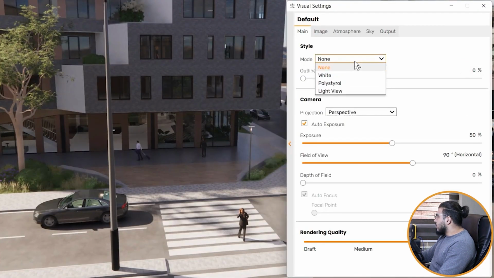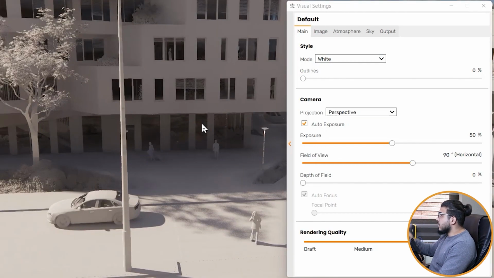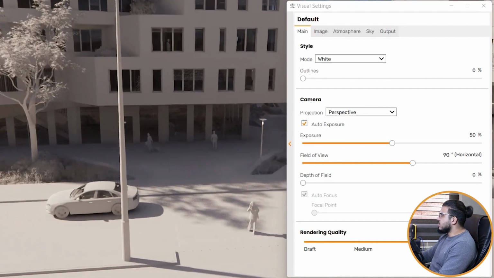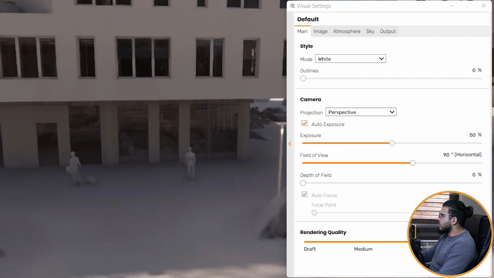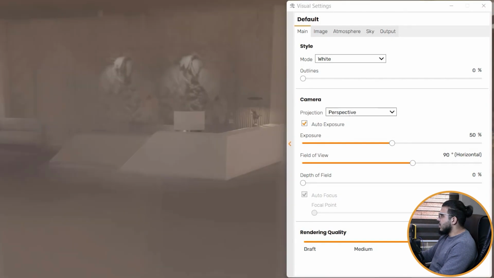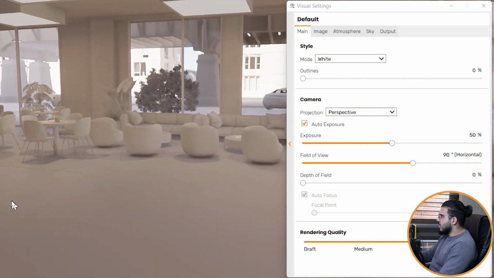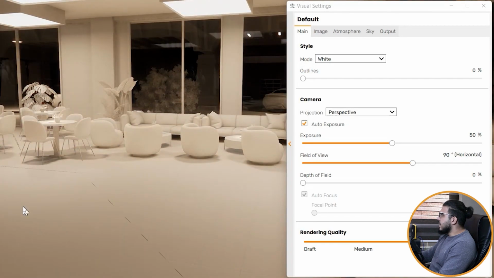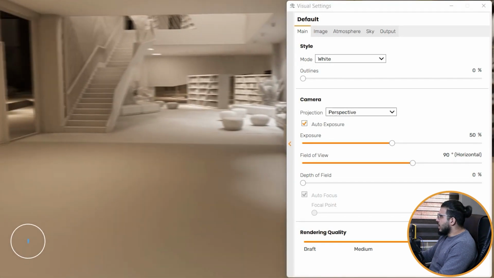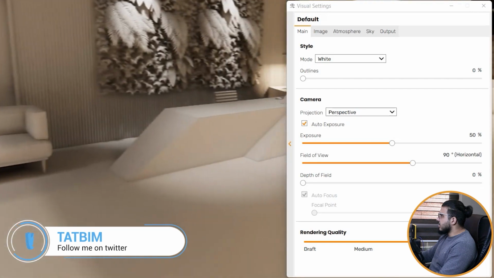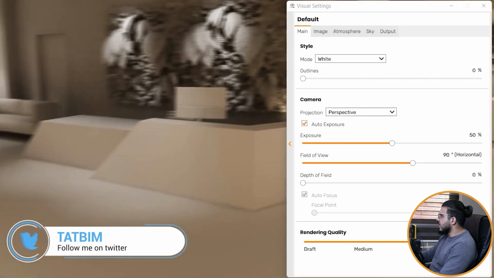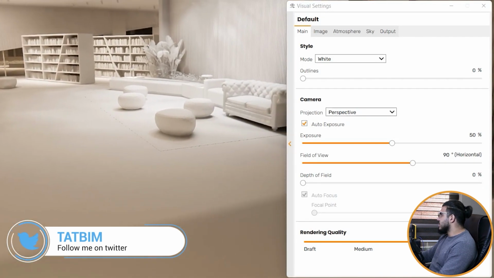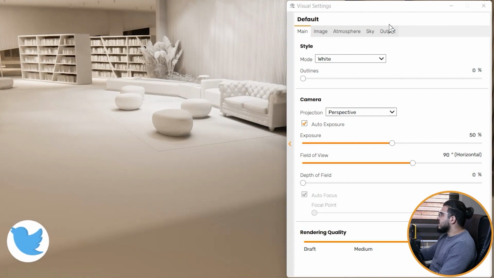We can change the style to white mode, and it is a really great mode when you need to wait a little bit. This is really helpful when you are just showing the design to your client, or you want to see the light effects on your project. For example, let's go to the interior side, and now let's make the time of the day night, and now you can see your lighting much better, and you can see each light effect in a better way without any distraction of materials. Also, as I said, you can use it for presenting.